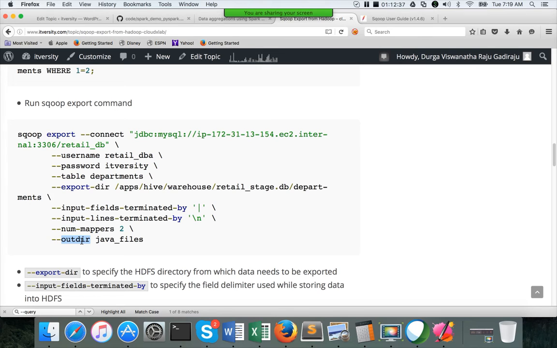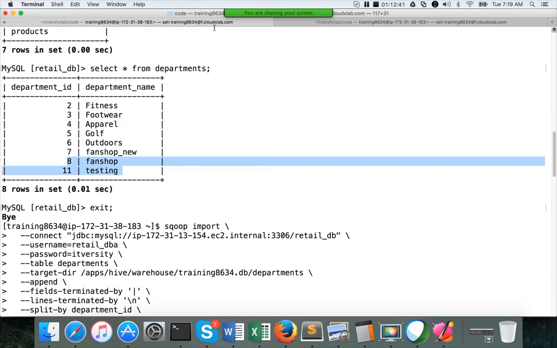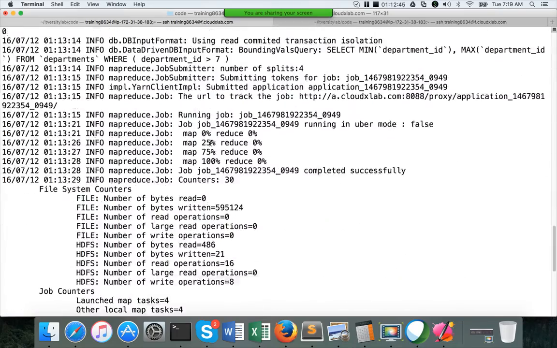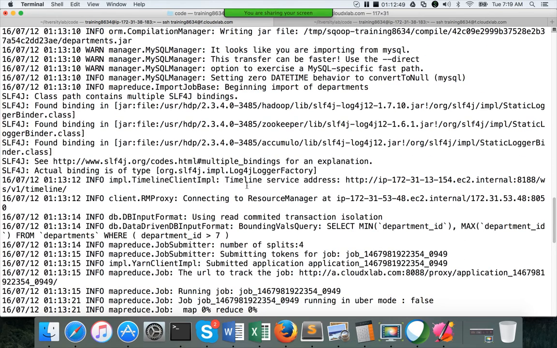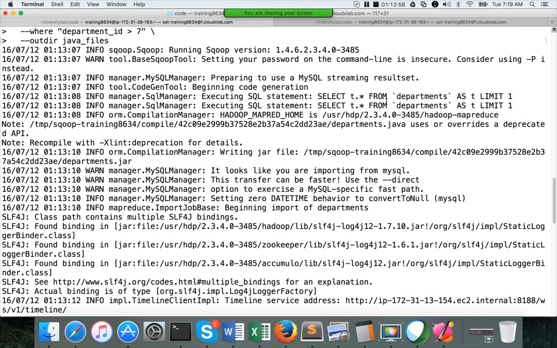Output directory, you don't need to worry much about it. When we actually run this scoop command, I will show you. The first thing it will do is issue a query on the table, get one record, and then create a Java file.